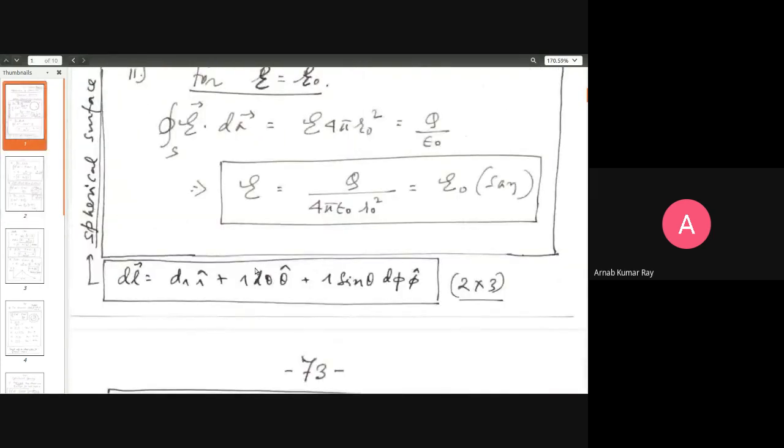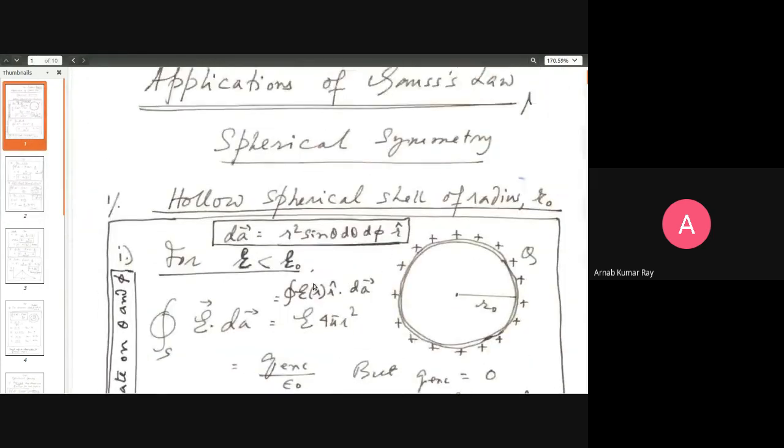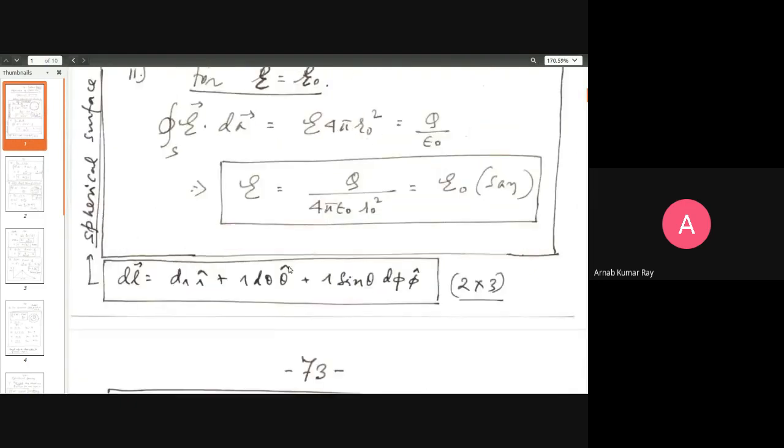Of course, not to lose sight of the fact, just to stress this, that the surface area element will be